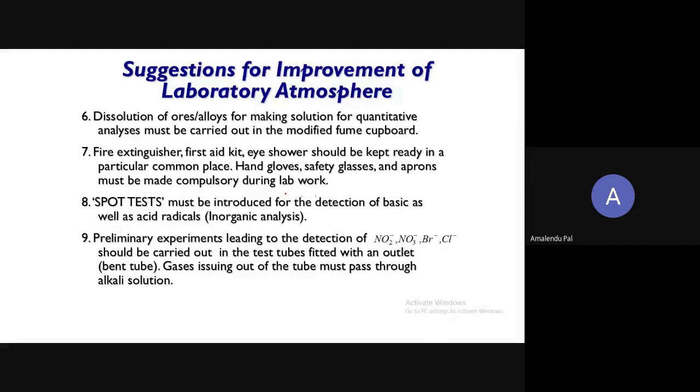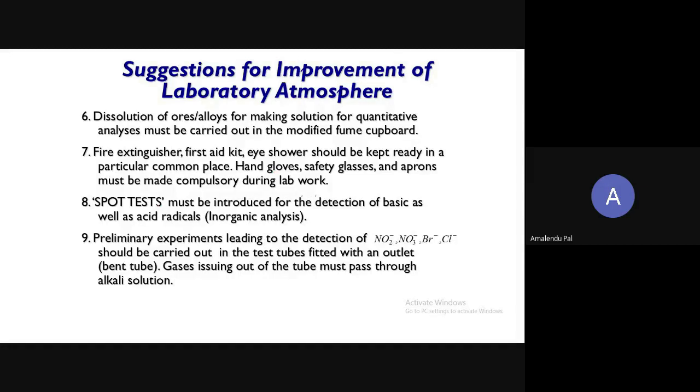Even for physical chemistry students, in our lab it is a little bit better from the safety point of view. They also use hand gloves, sometimes apron, and fire extinguishers. Every year they check them. A first aid kit is also there. Ours are not that way. That's why I'm telling you, some of these things you can adjust, at least if it is possible. We have to take care of all these things, how to improve the green atmosphere, green ways.